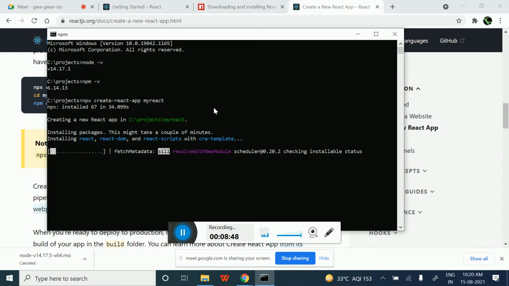So this is installing React DOM, React scripts, and the CRA template. In our upcoming discussions, we will discuss what is React DOM, what is React scripts, all these things. Firstly, we will discuss what is the structure and what is the entry point of React, and